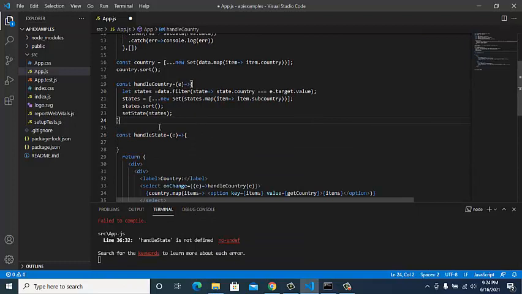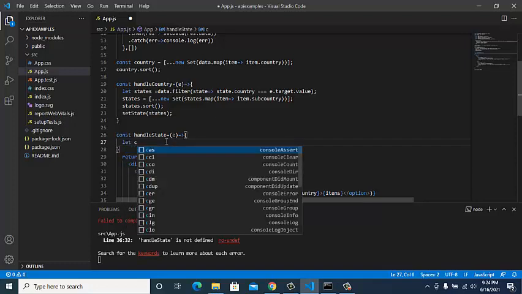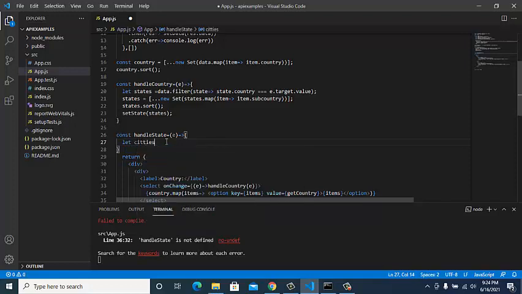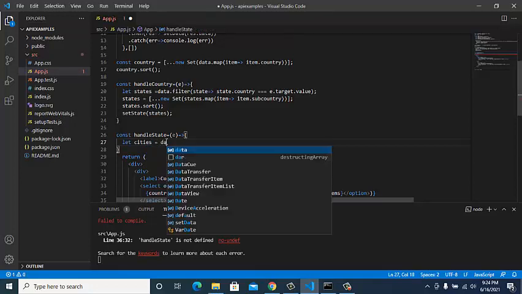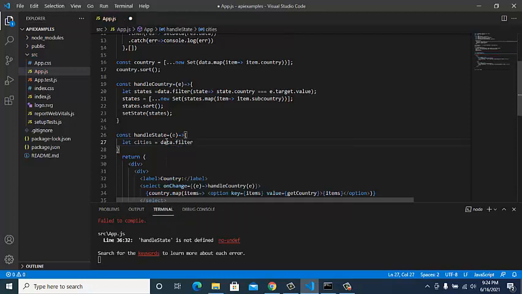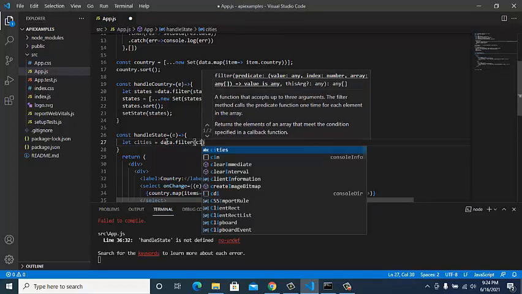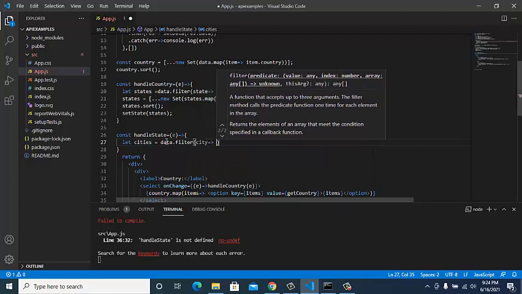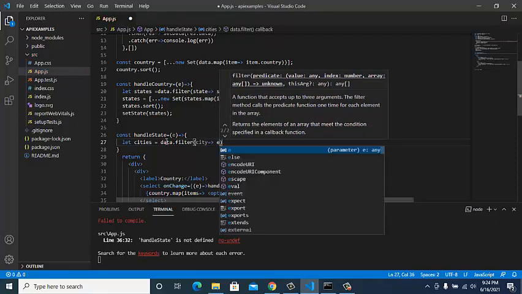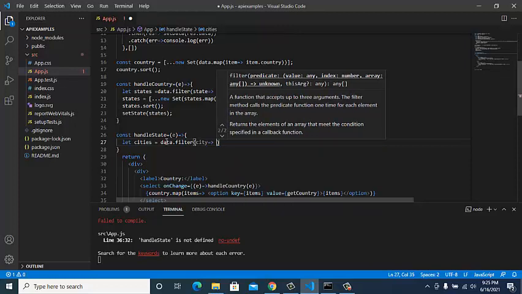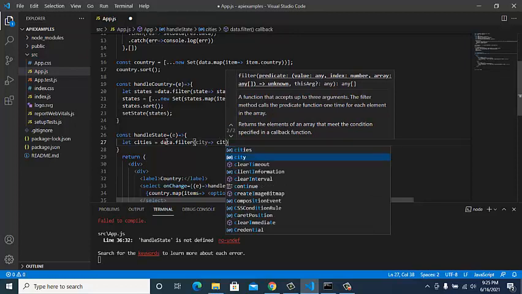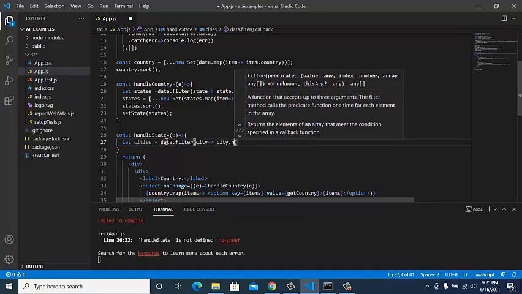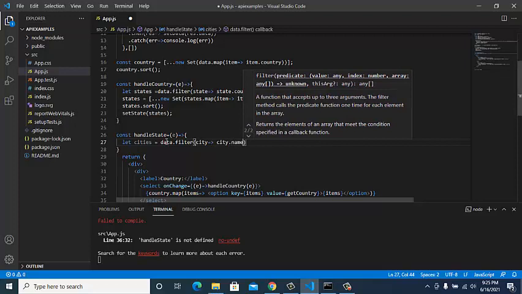Now, as we did for the country, we'll do for the states also. We'll take the data and filter out the cities. So let city = data.filter, and again we'll do the same thing with the parameters for that function. I'll check city.name, oh sorry, not name.